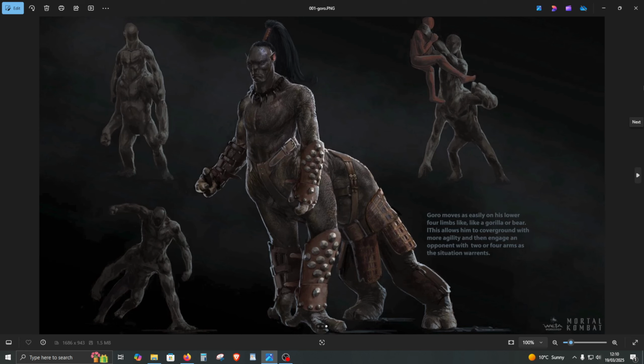You know what? This Goro looks as if you're playing a game and you break the wall of the game. So you go past the wall where you're not supposed to go, and you see something hidden behind the wall, like an Easter egg dropped by the developer. Something you're not supposed to see, and this is what you see. That's what that looks like.